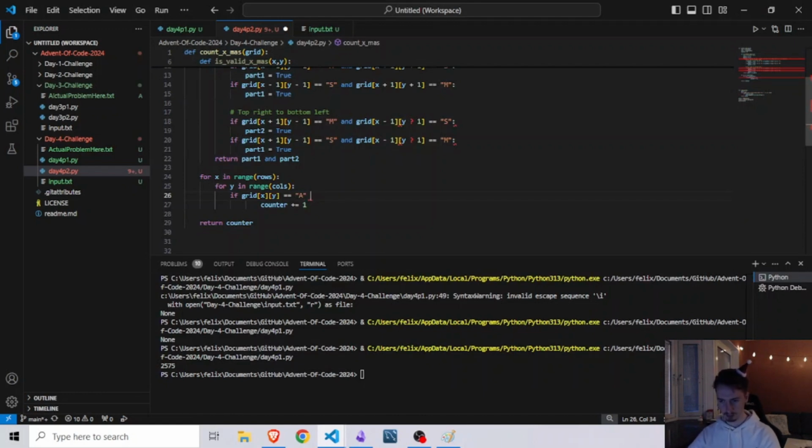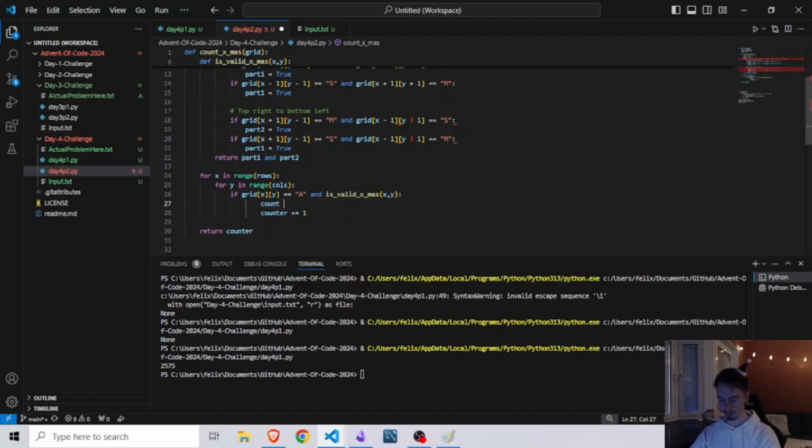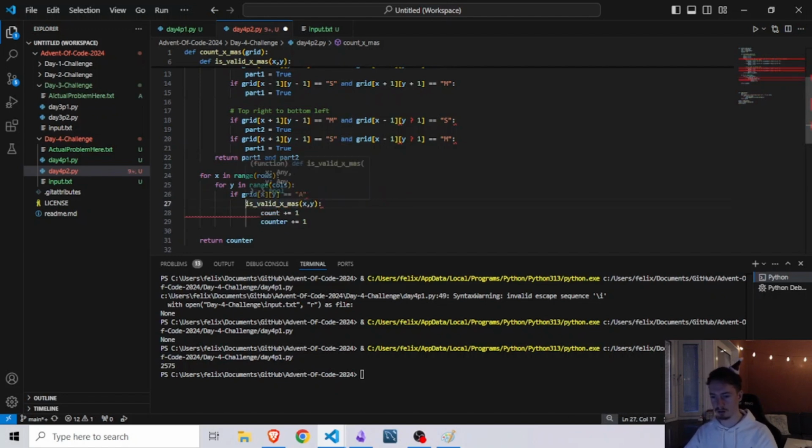We can call it right here, and if is valid xmas of x and y, then we do count plus equals 1. So instead of just calling it in a new row, I've just done it in the same line. So we call it right here actually. So if this is A and, right, but it's going to go over this right after. So actually, yeah, if this is A and if,